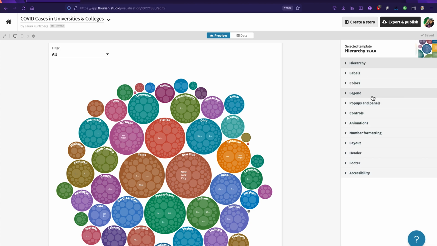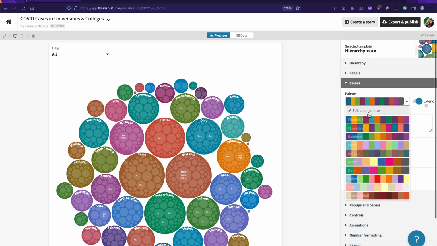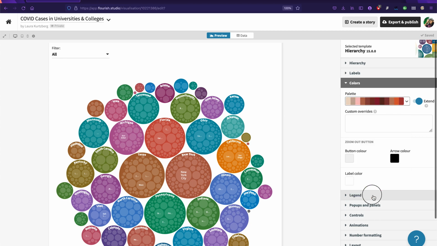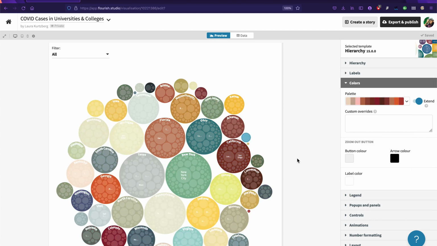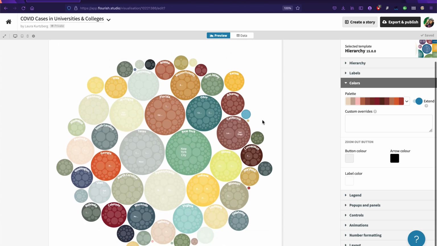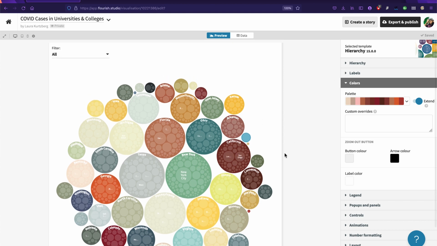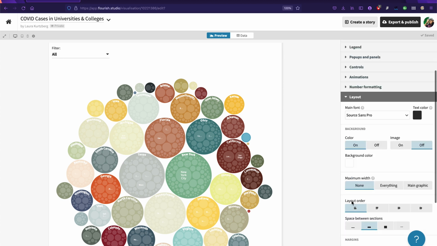So I'm going to go ahead and change some colors. We're going to open the color section and change our color palette to Pharaoh and Ball. Personally, I think this looks a little bit more serious as a color palette as opposed to the rainbow. And since we're dealing with COVID cases, a muted, serious color palette might do us some good. However, it kind of blends into the background, so I'm going to go to the layout section,